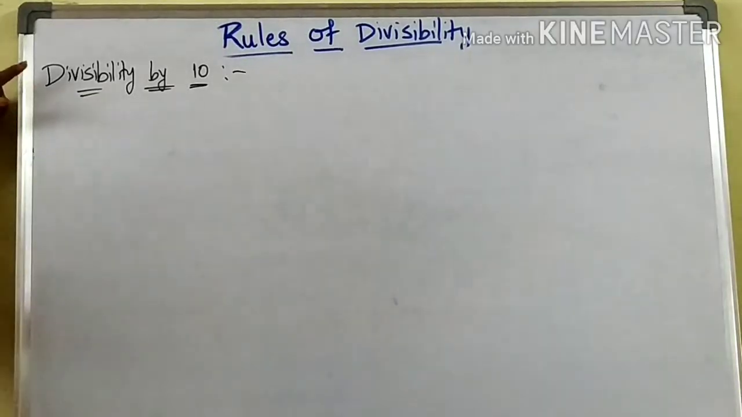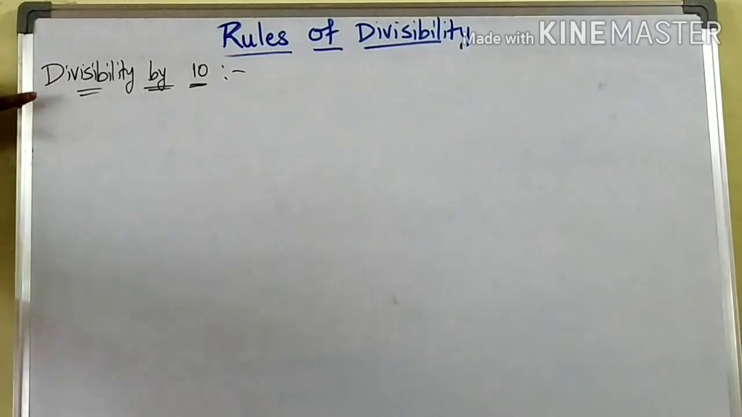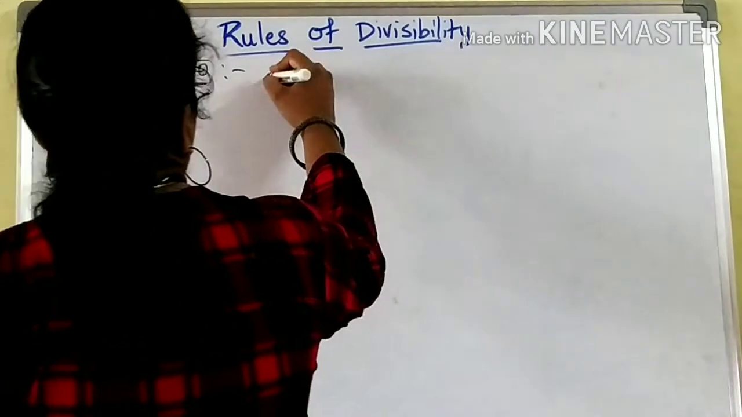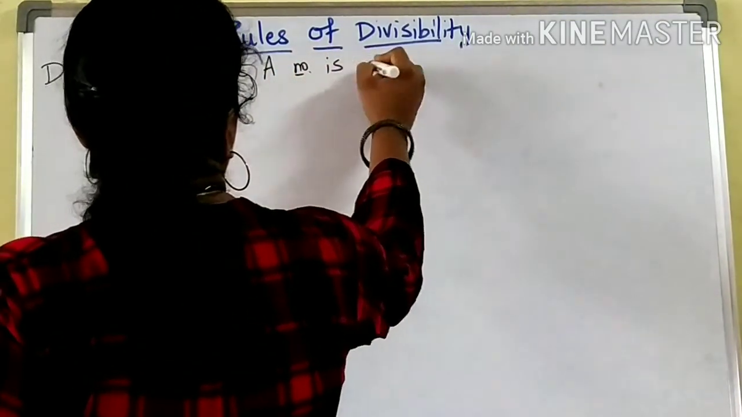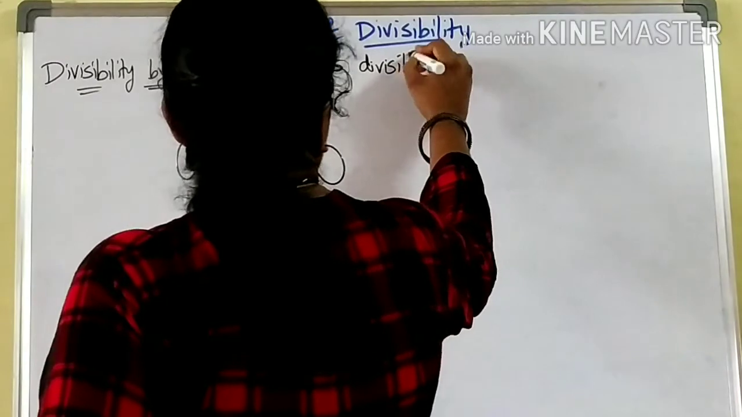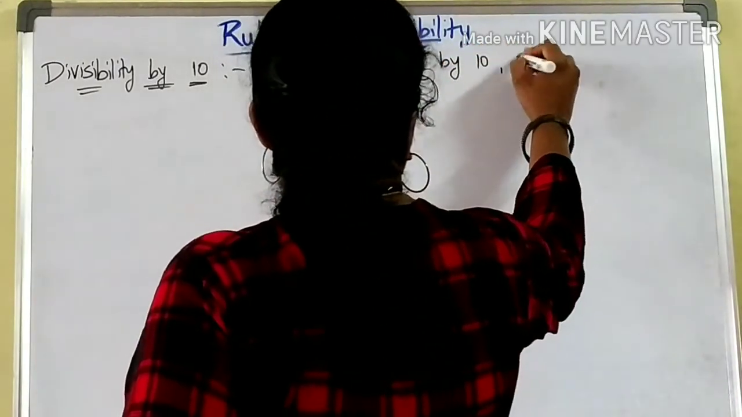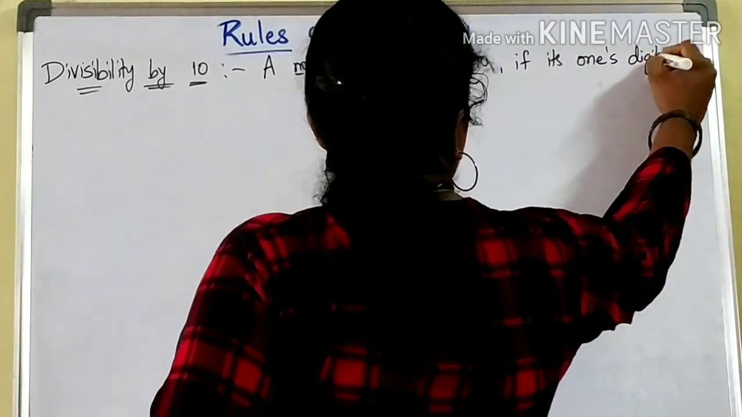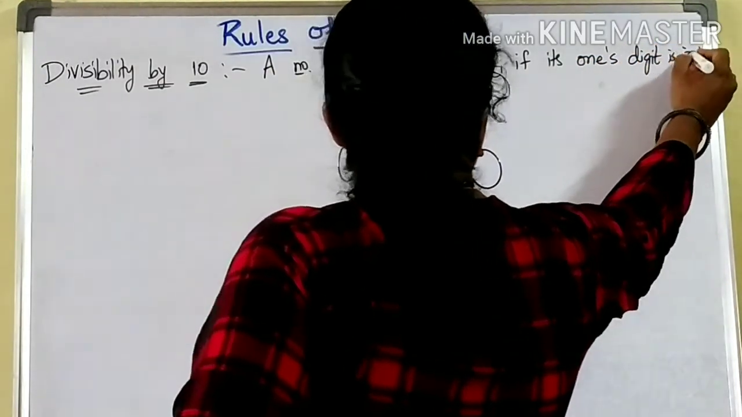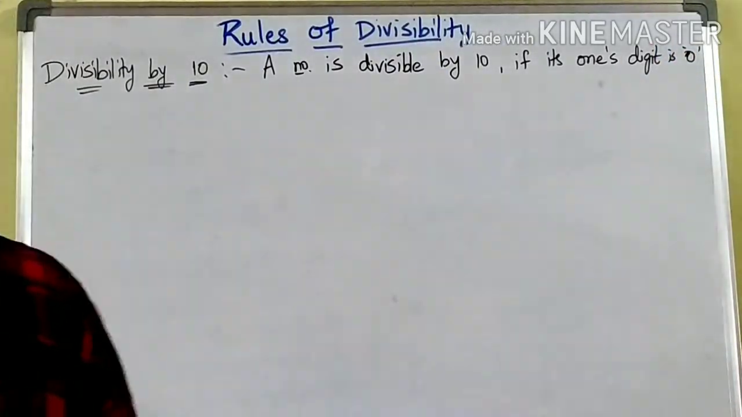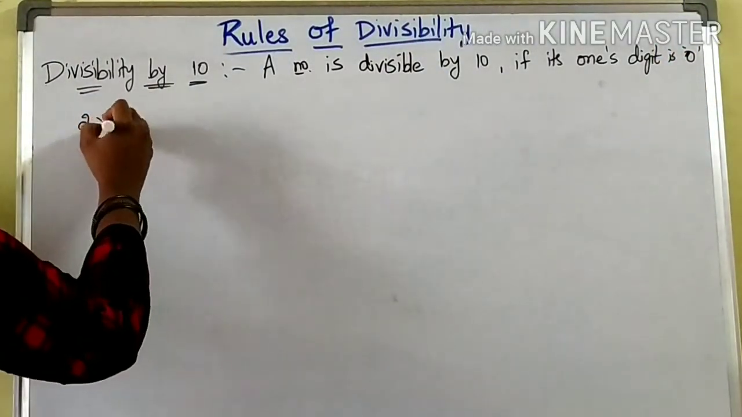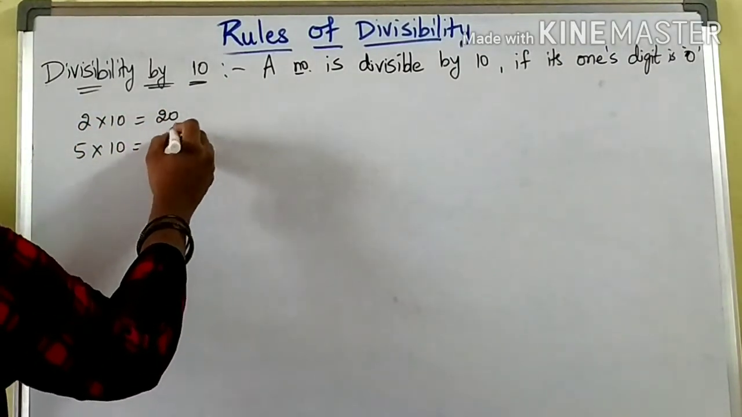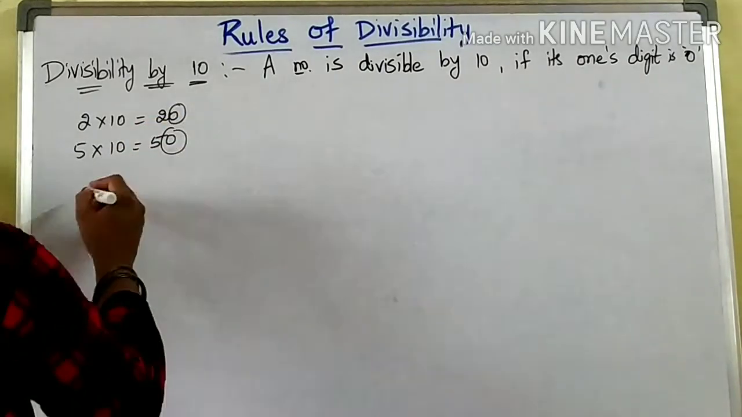Next, divisibility by 10. It's very easy, children. A number is divisible by 10 if its ones digit is 0. That's it. A number is divisible by 10 if its ones digit is 0. If the last ones digit is 0, then we can say that number is divisible by 10. If you observe, 2 into 10, 20, 5 into 10, 50, means the last digit is 0. Example,